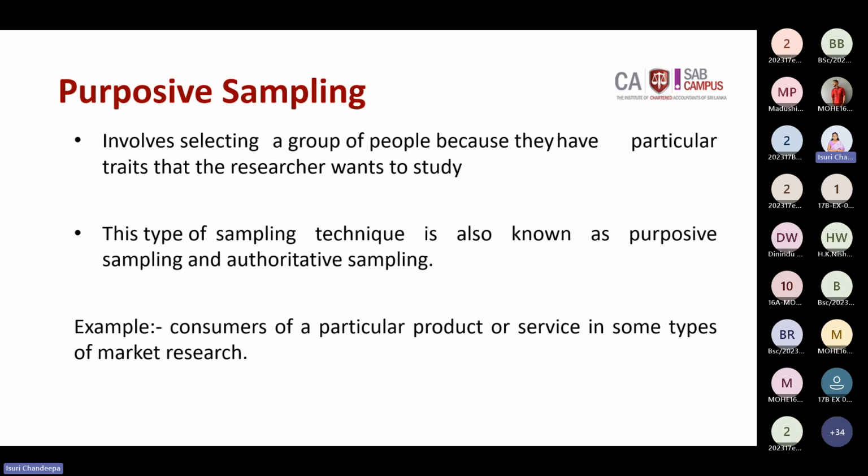This type of sampling technique is also known as the purposive sampling and the authoritative sampling. What do you mean by purposive? Purposefully, we are going to select the sample from the population. Example, customers of a particular product or service in some type of market research. For example,